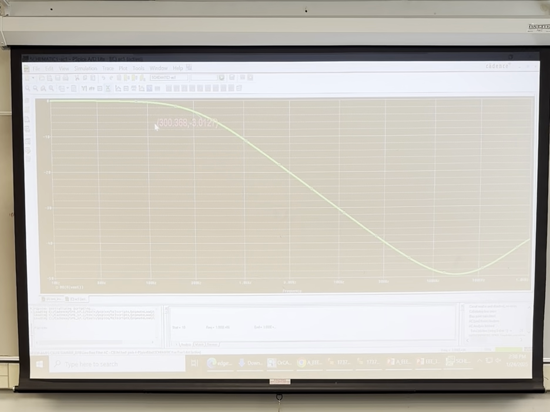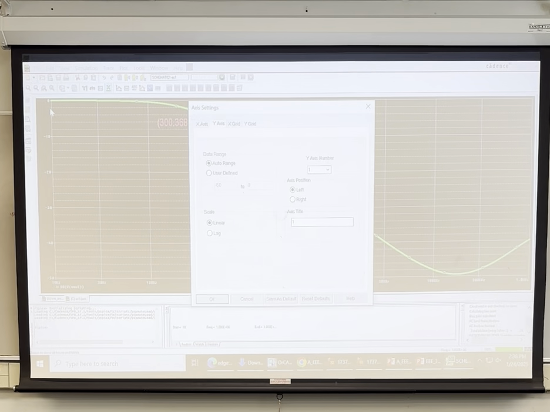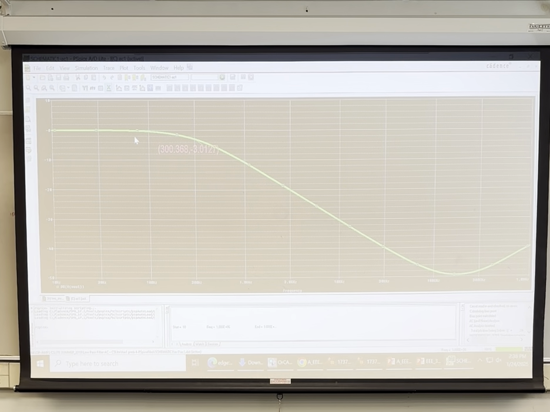So there's 300 hertz minus 3 dB that meets the design spec, and you probably need to change your y-axis so that the marker will still be visible. I'm going to change this to maybe instead of 0, change it to plus 10. All that does is just moves it down, and now you need to put in another marker,